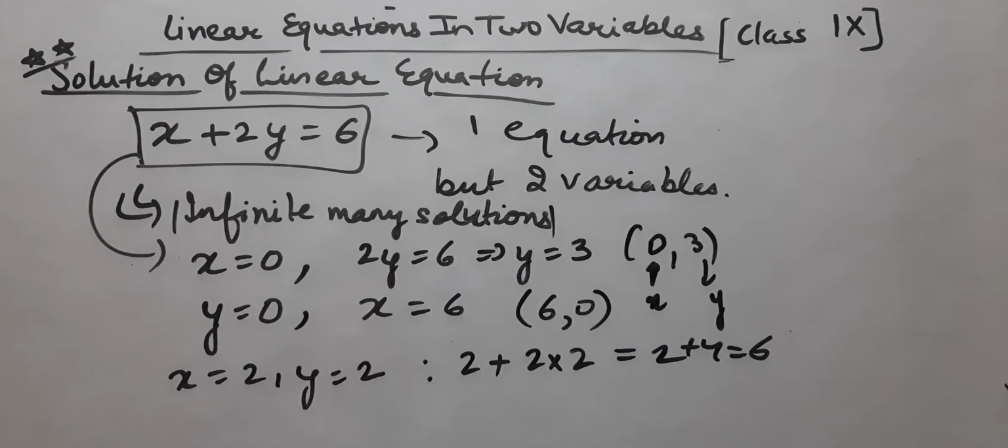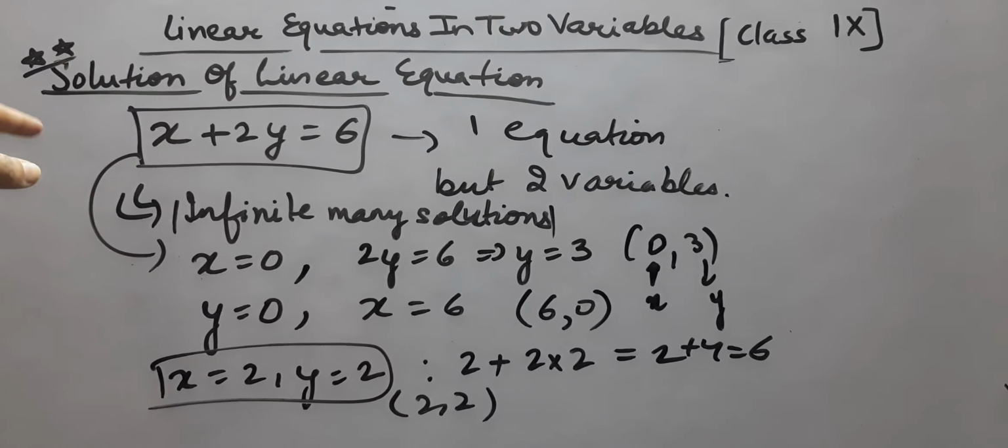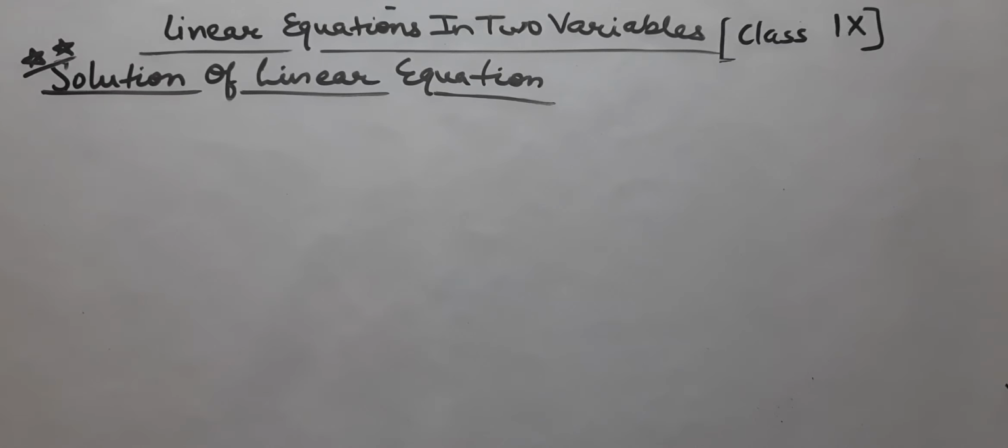Where you put different values for x and y, and you see whether those values are satisfying this equation or not. As I did in this case, I put the value of y here 2, x here 2, and I have seen that this LHS is becoming equal to RHS. So that means this 2 comma 2 is satisfying the equation. Let's take a few more examples.